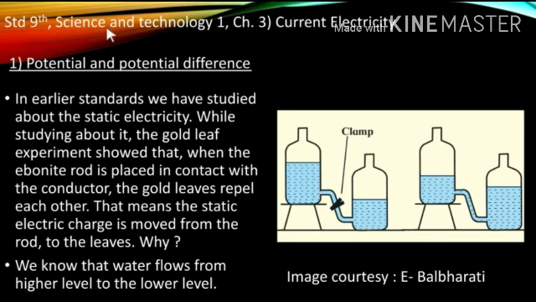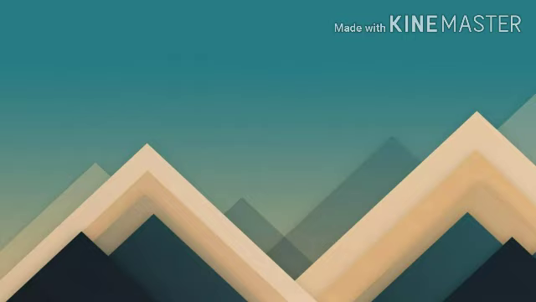Standard 9th, Science and Technology, Part 1st, Chapter number 3, Current Electricity. Now, in this chapter, we are going to study how the potential and potential difference causes the flow of electric